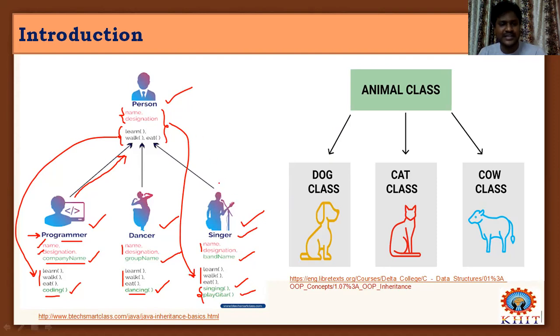So what we understand from this example case is Person is a base class, and Programmer is a Person. Programmer is a Person having all these properties, and additionally having some properties like company name where he is working and what he actually does in the organization. Same like Dancer and Singer also. Understood? Then coming to another case, given here for better understanding of this.